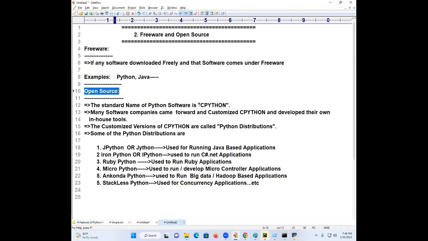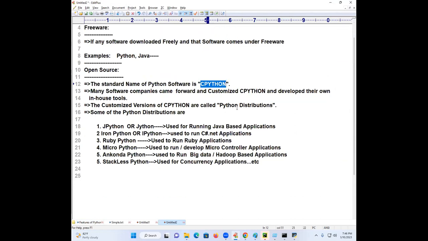Open source is nothing but standard Python software being customized. Like when you buy a bike, you customize it according to your requirement. What is that change from the standard component called? A distribution of the standard one. Any software that allows you to customize, that type of customized thing comes under open source. CPython allows you to change, allows you to modify, allows you to make your own tools. So this comes under open source, and different open sources are given different names. I think, Habibunnisa, you understand, I hope so.